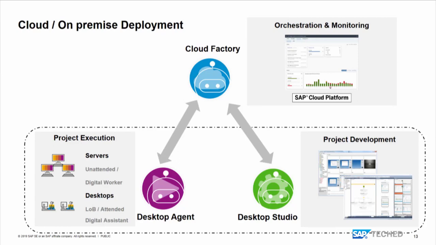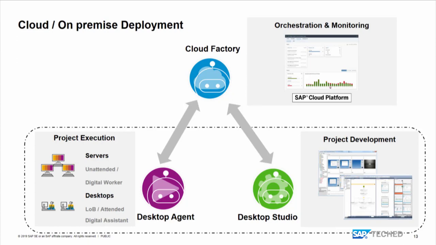Then you have two other components. The first one is the desktop agent. It's the runtime, which will execute all the scenarios, all the automation that you want to do. It's the same product to be used for attended or unattended usage. The difference being that in general, for unattended usage, you will deploy the agent on a virtualized machine instead of a desktop, but it's exactly the same product. The last component is the studio, and the studio is a designer tool which is used by your development team